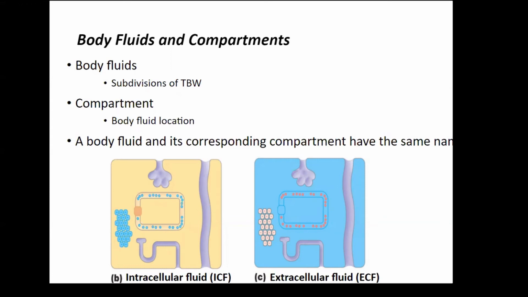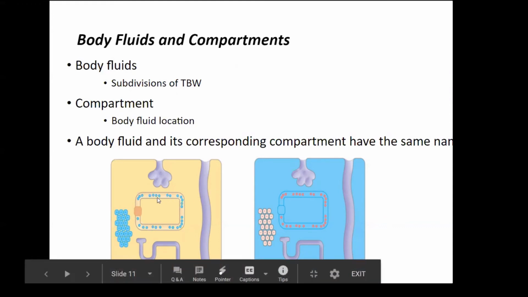At this point, we're just dividing our total body water into two parts. We're dividing it into fluid inside cells. That's our intracellular fluid. And we're dividing it into our fluid outside of cells. That's our extracellular fluid. So you can see here in the image, our intracellular fluid is going to include all the fluid in the red blood cells in our circulatory system, because those are cells drawn onto this diagram, and also in the cells in our various tissues.